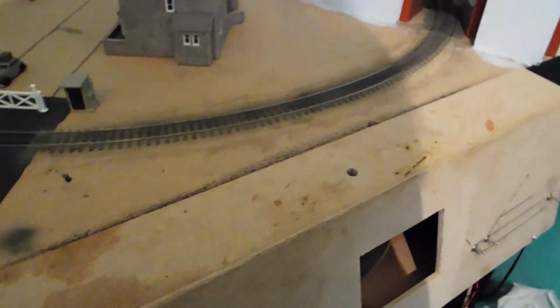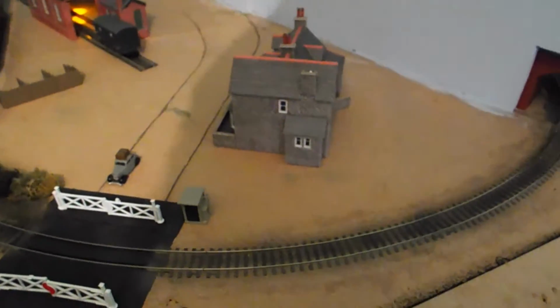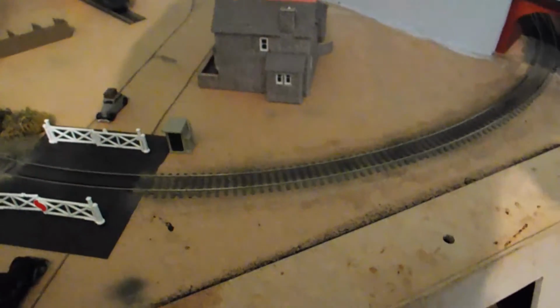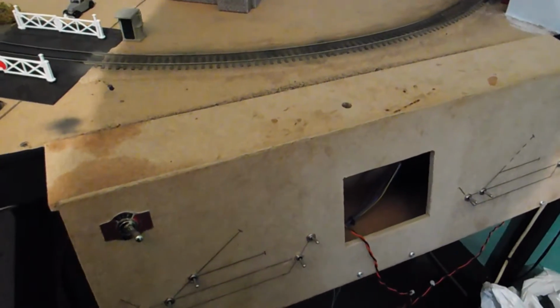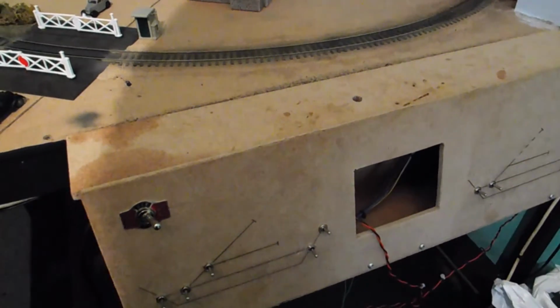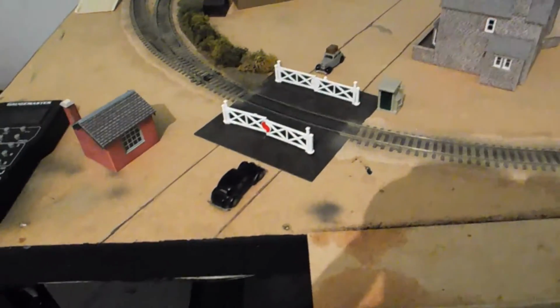I want to try and get as much stuff working on this as possible. So the lighting, I want to try and get as much of the lighting working as I can. I don't really want to be adding millions of switches into the panel for that, so I'm going to wire it to an LDR. So hopefully when it gets dark, the lights just come on, as opposed to having to switch them manually. Things like the level crossing